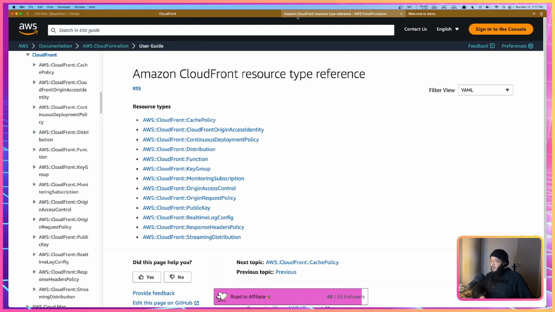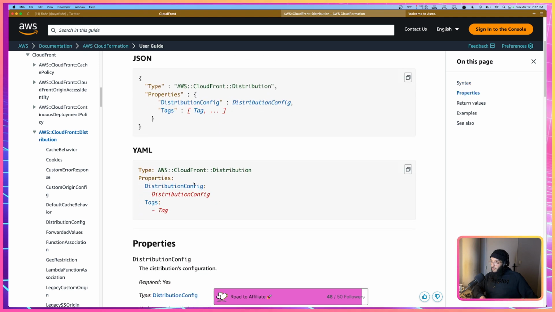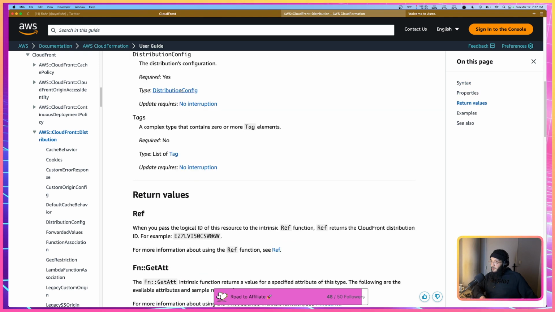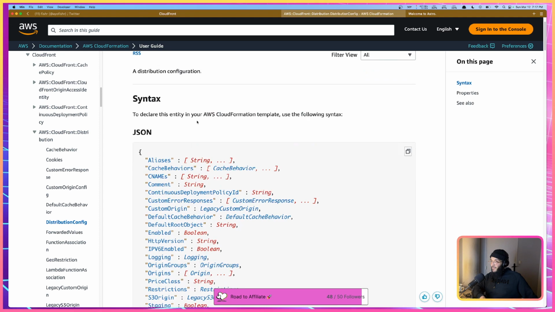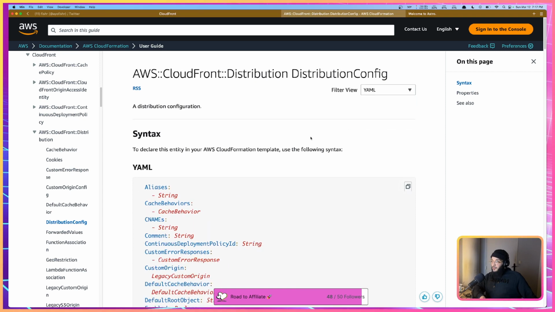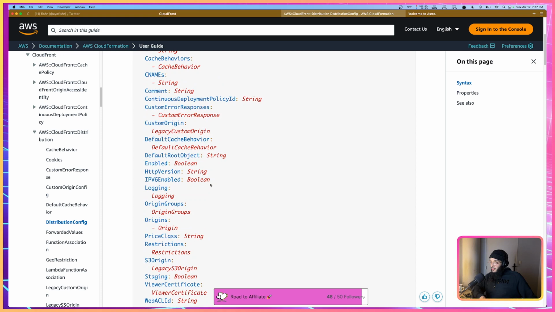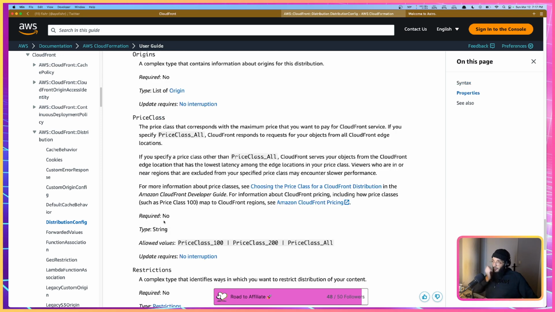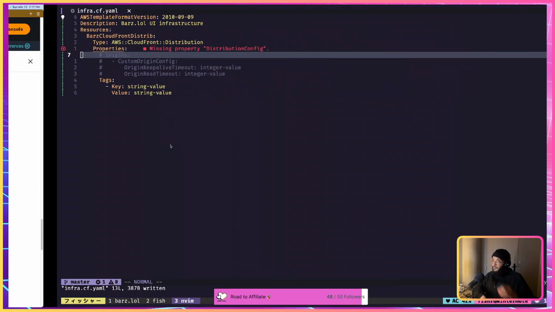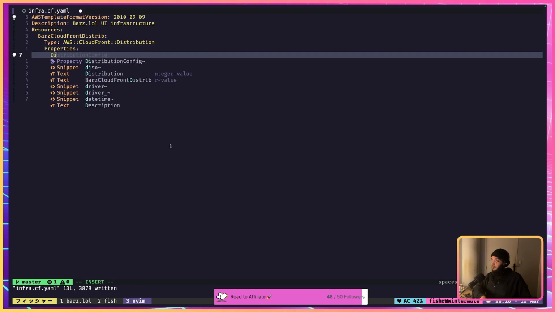So origin, let's see what we have with origin. Distribution, no. Maybe distribution config, type distribution config, okay. Oh, all right. So we've got all of this. Aliases, cache behaviors, CNAMEs, origin groups, origins, right? So it's gonna have to be, oh yeah, missing property, distribution config. Okay, so we'll have distribution config